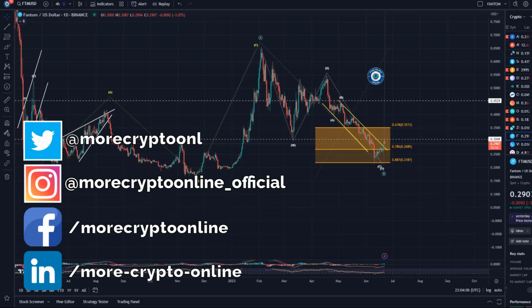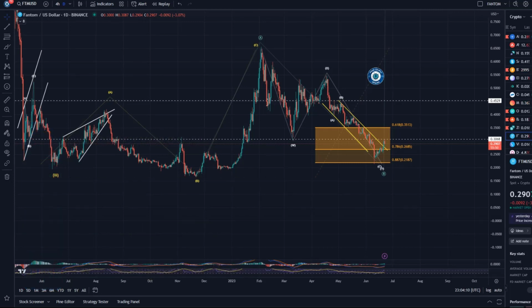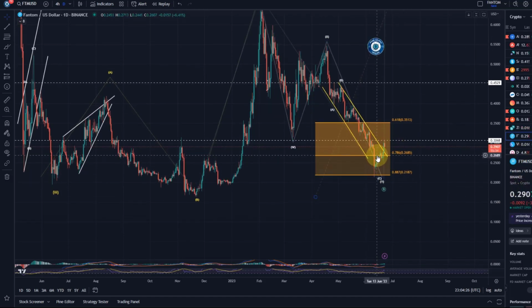Fantom shows a bit of a rally, not enough to indicate it has bottomed. We highlighted in the previous video that Fantom dropped below the 78.6 retracement. The target below that level was the 22-cent level, which it reached, and then we needed to wait for a possible signal. We said, okay, it dropped below the, let's say, magical 78.6 retracement, but obviously recovered here now